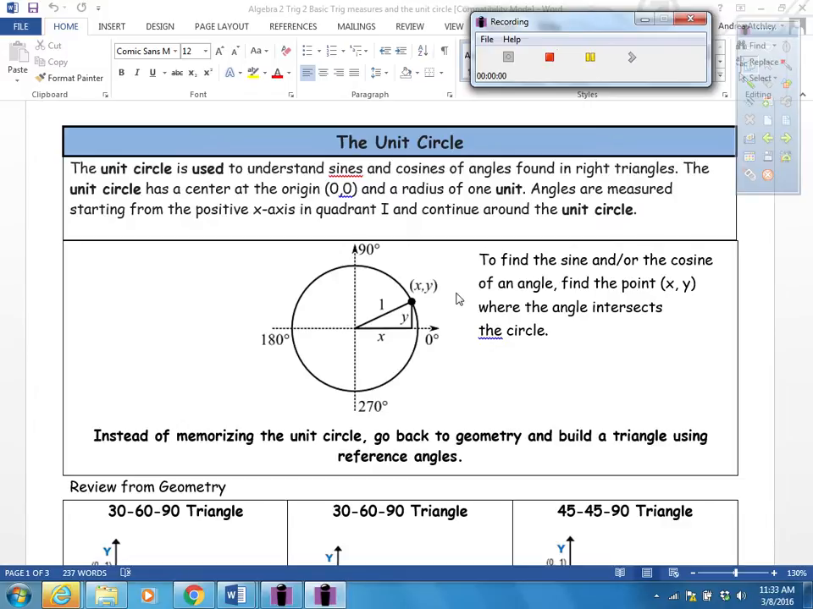Okay, the unit circle is used to understand the sines and cosines of angles found in right triangles. The unit circle has a center at the origin and a radius of 1. We kind of talked about this with our triangles. All of our 30, 60, 90 and 45, 45, 90 right triangles are similar to each other with that common ratio. All circles are going to be similar to each other